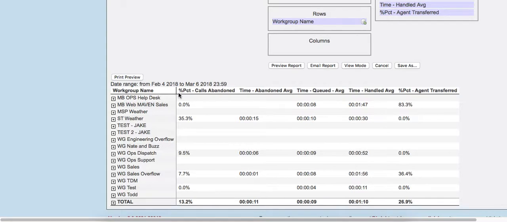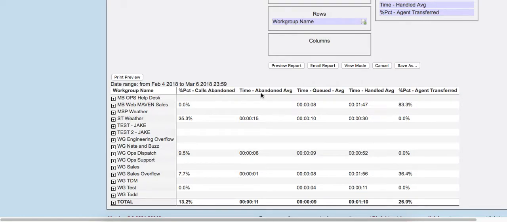On the opposite end of that, if we're at or near 0% abandonment rate, we may be overstaffed. So we may be paying agents to sit there and basically wait for calls, and they're just sitting there idle, not really doing anything. That doesn't necessarily always mean that, but it's something to be aware of. And in that case, you could potentially repurpose those agents to another group